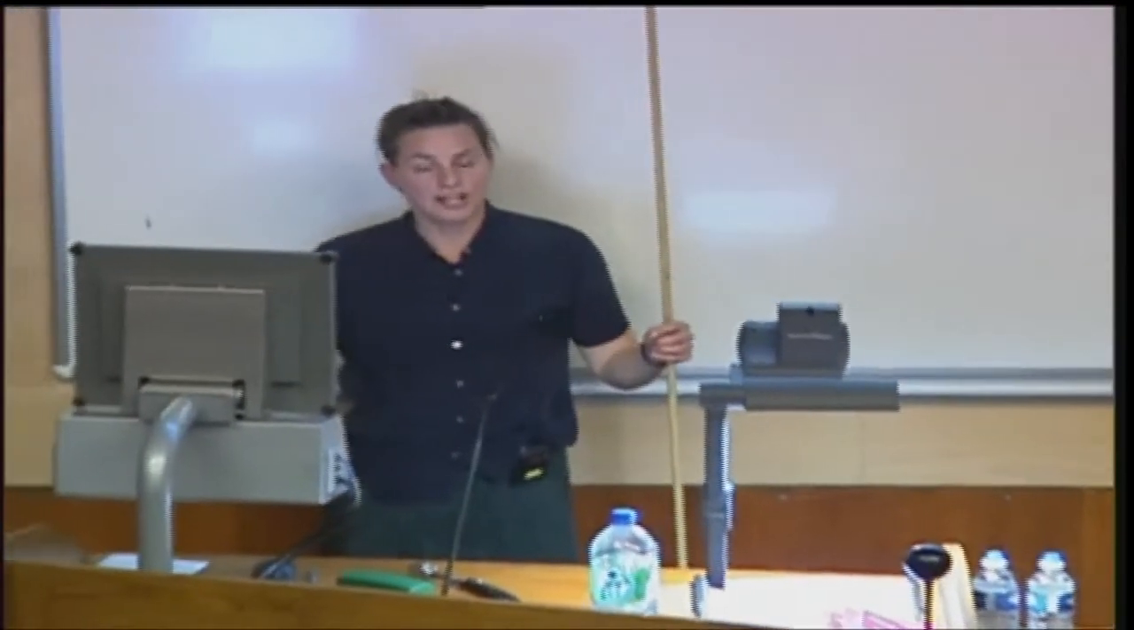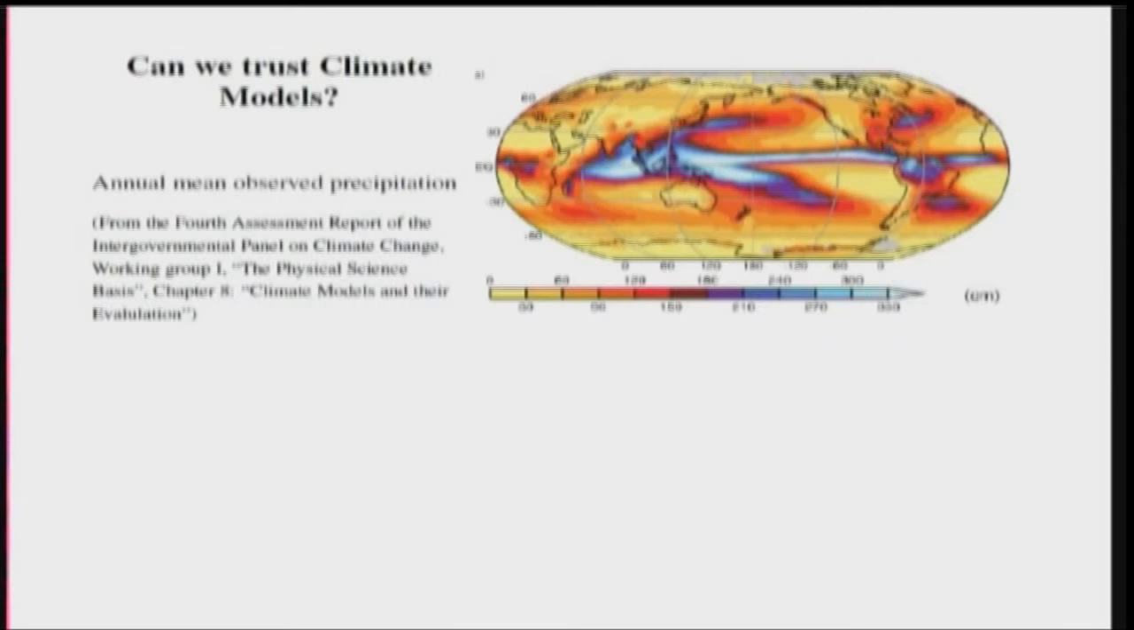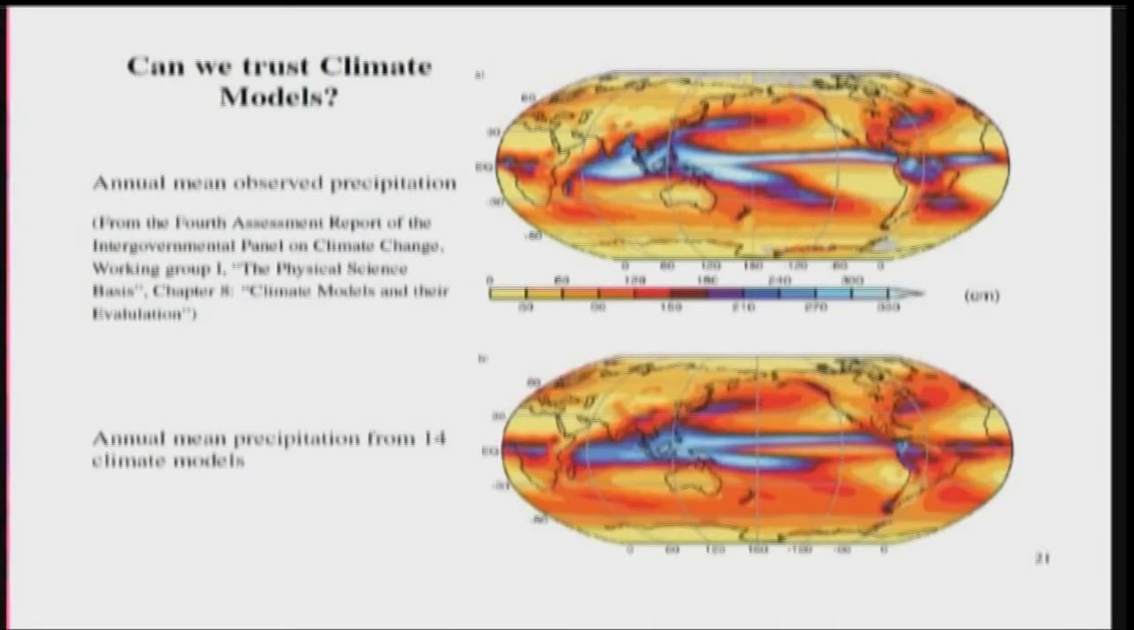If it can, then if the precipitation patterns change, we can have some faith that those are realistic changes and we should do something, make more reservoirs or flood defences, or even, heaven forbid, stop producing so much carbon dioxide. So here is the annual mean precipitation from 14 climate models. It has a lot of the features the same. It's got the strong precipitation along the equator and other bands, storm tracks like in the North Pacific and the North Atlantic. But if you look closer, you can spot a lot of